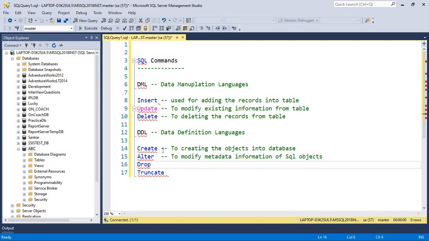Okay, let's move to drop. You already know about drop. Drop means to delete objects permanently from the database.